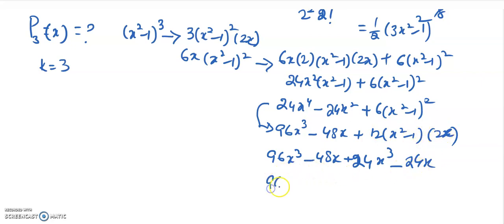So it will be 96x cubed minus 72x plus 24x cubed. Adding these, 96 plus 24 is 120, so it will be 120x